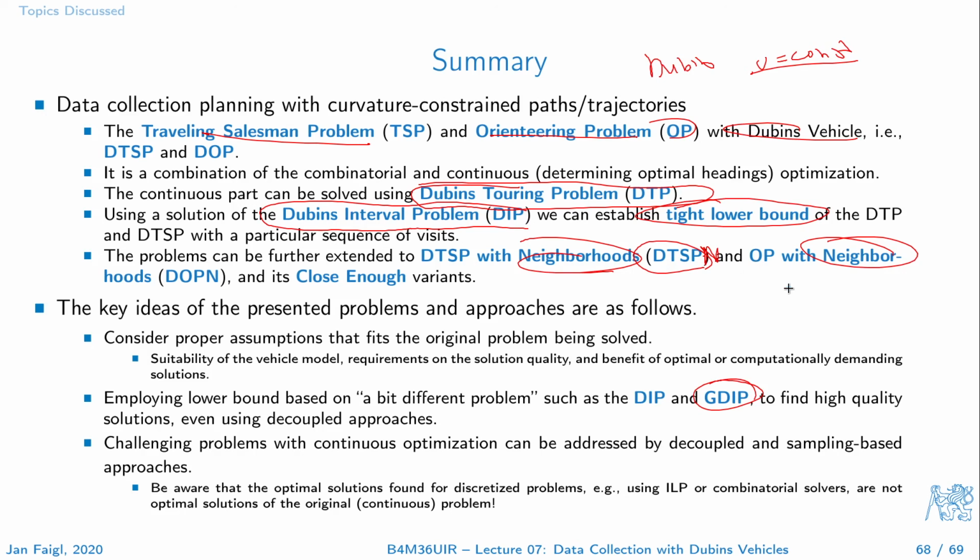Just one example is if you have your locations exactly on the circle with the minimal turning radius. There is only a single heading that will provide you the optimal path, and you are not approaching it because it's a single value. Otherwise there are these CCC maneuvers. So it can be a little bit more tricky, and that's why it is important to have this tight lower bound. So thank you for your attention,